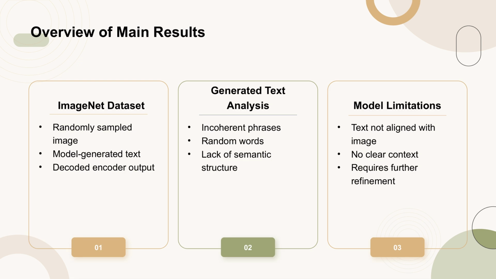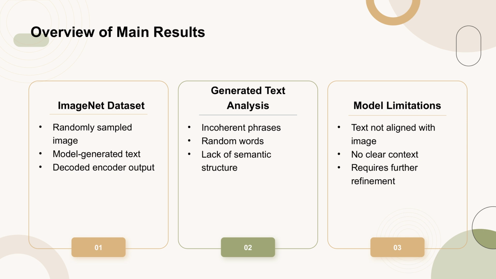On the left, we have a randomly sampled image from ImageNet. On the right, we see the model-generated text based on this image. The generated text consists of a series of incoherent phrases and random words, indicating a lack of semantic structure. This highlights a significant limitation of the current model, as the generated text does not align with the image content and lacks clear context. These results suggest that the model requires further refinement to improve the coherence and relevance of